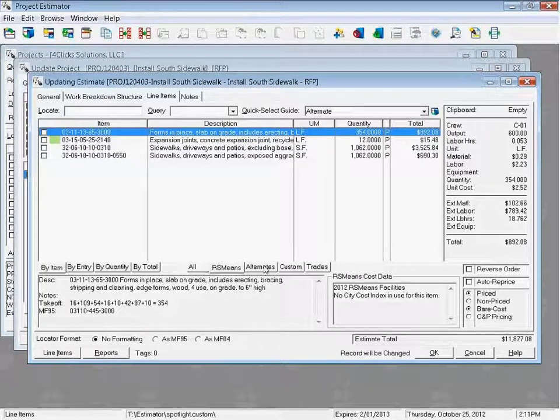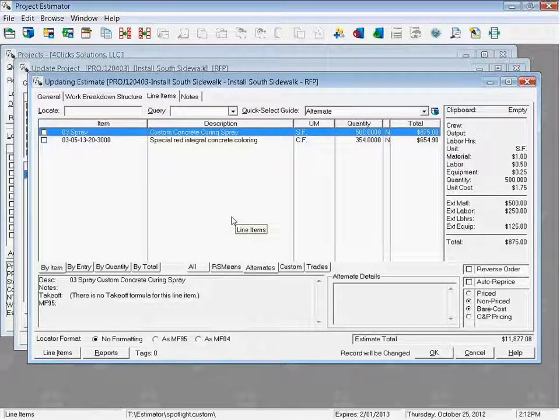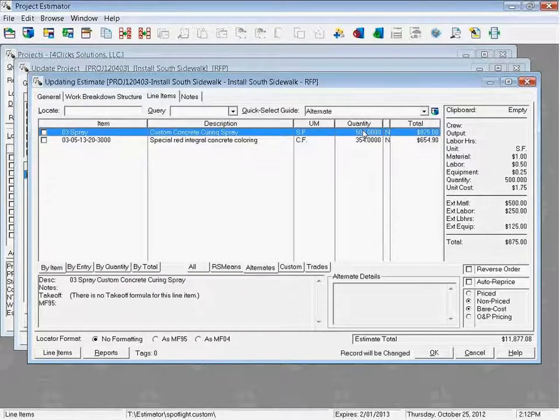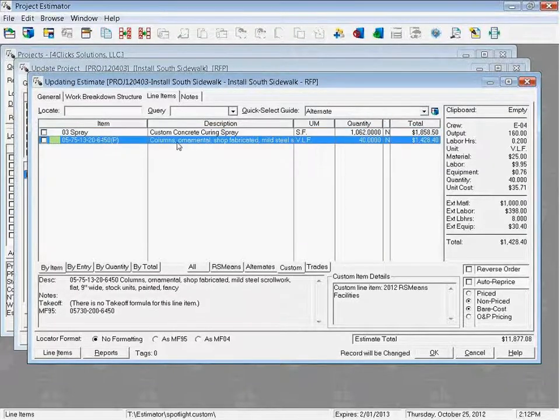All right? Now, I'm going to go to the alternates tab. So this is going to show us all of the line items that came from that alternate book. So we had one in here before we started, some concrete coloring there. And then we can see the 500 square foot unit for the custom concrete curing spray. Because we went into the alternate and brought it out of there, that's where that 03 spray came from. If we click on custom, we'll see the original one that we added with a quantity of 1062, and we could see the one we brought from RS Means,